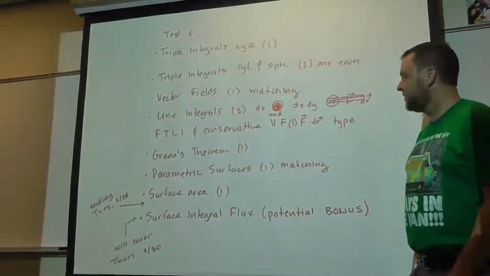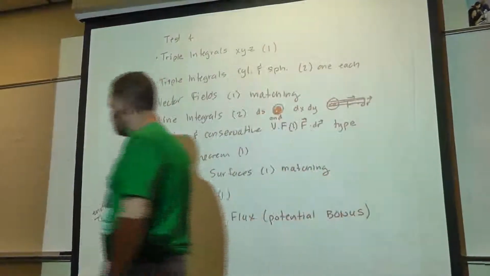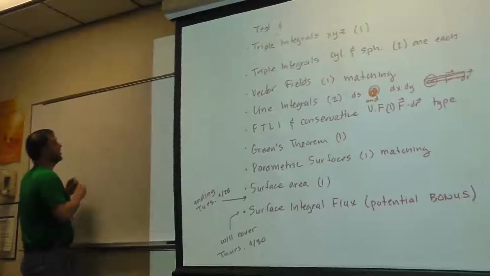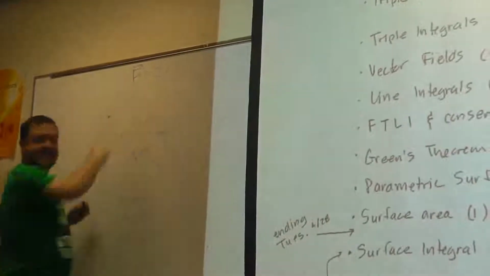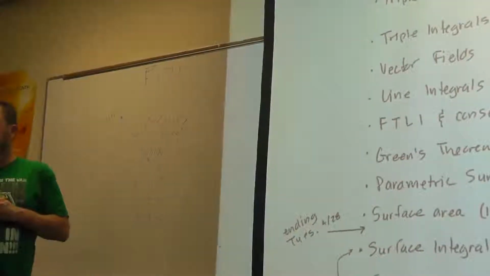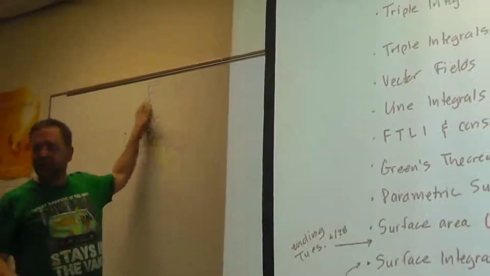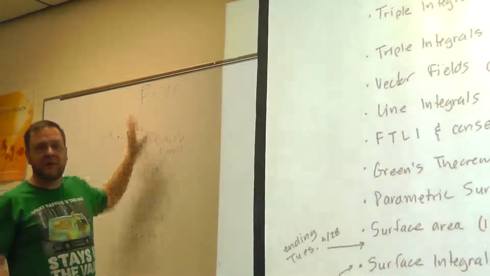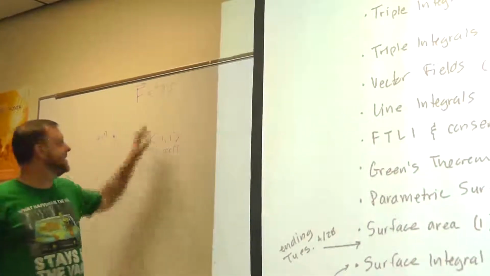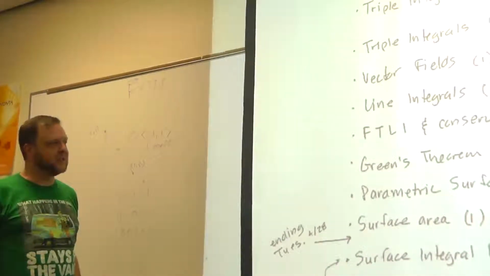A conservative vector field is a vector field that was created as a function's gradient. A conservative vector field has this property: there exists a function little f whose gradient is that vector field. So back in 2 tests ago, you were starting with little f and you created the gradient by doing the partial derivatives. Well, now you're starting with the vector field, and if it is conservative, then it's the gradient of some scalar function.